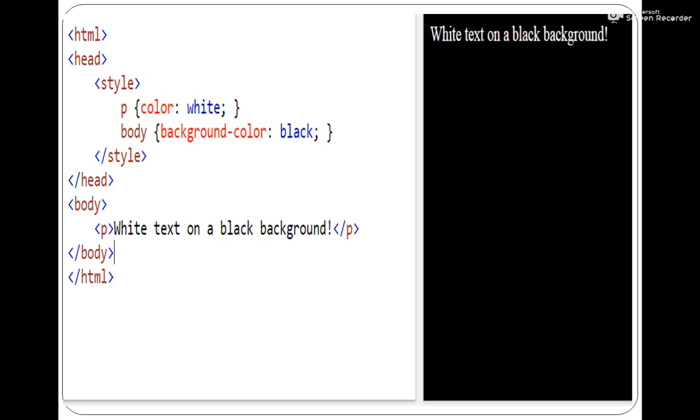Here in the body section if you see, there is a p tag, and in that p tag what is written? White text on a black background. Now for this p element, what style am I applying? So you will see in the style tag which is placed in the head tag. Since we are using a style tag, it is an internal type of CSS, right? Whatever text is written in the p tag, its color is changed to white. You can see I have used the color property set to white.